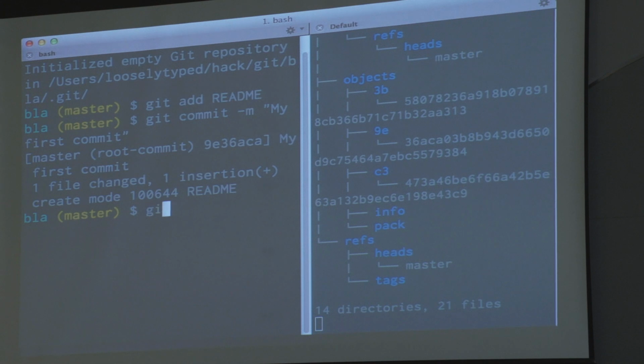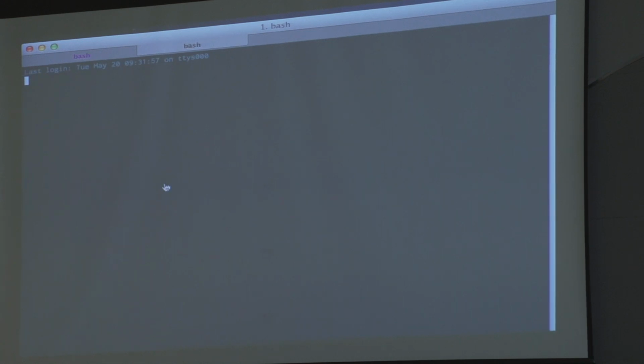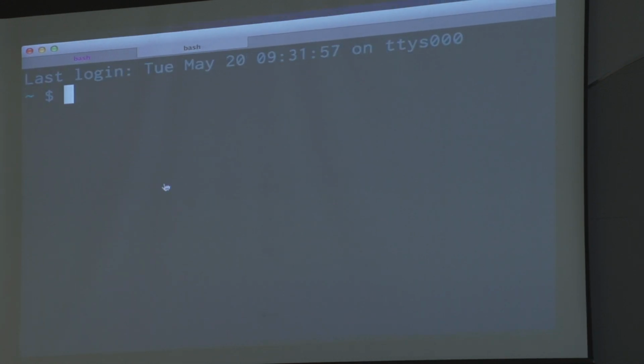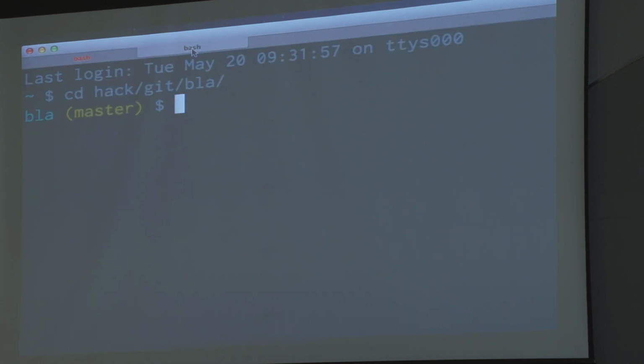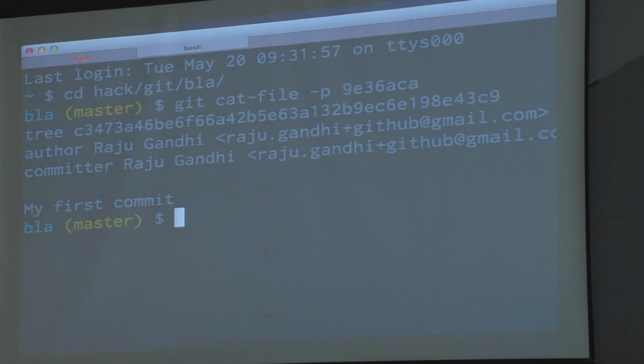I'm going to say, hey, Git, what does this SHA contain? So you can see this better, git cat-file -p.